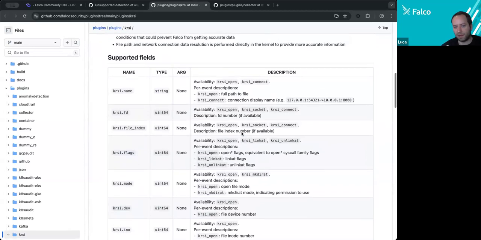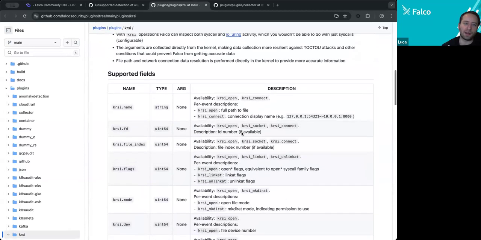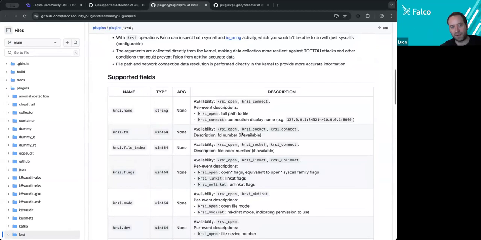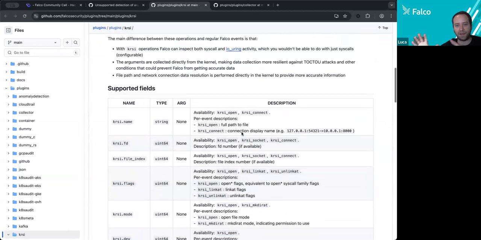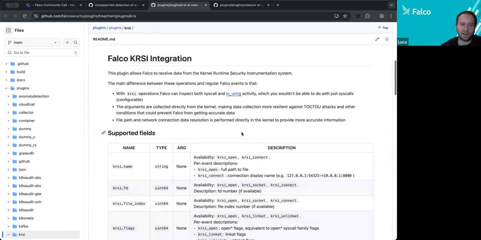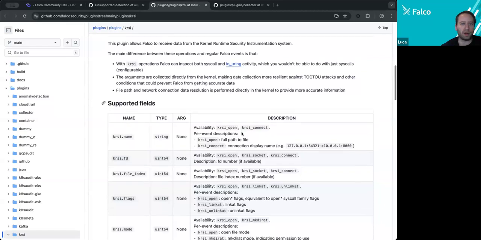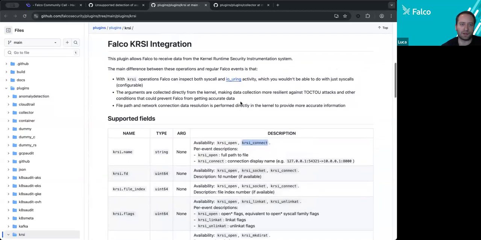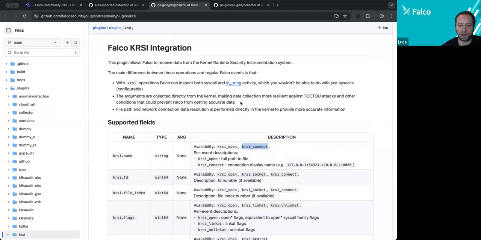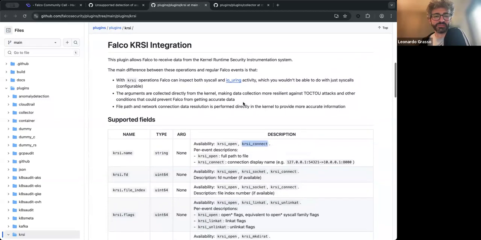So in general, I would say there are specific events of these ones, but since these ones are not exactly the same as regular events and they have a bit of a different meaning, it's good to have a plugin to be able to use them without having to break the rest of Falco. So I think that's pretty awesome in general. The fact that it's written in Rust means that we can actually make plugins that do very cool stuff in Rust, and the fact that we have Leonardo Di Giovanna means that we were actually able to do this. That's my take on this.